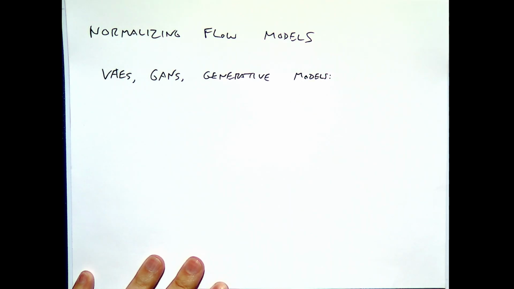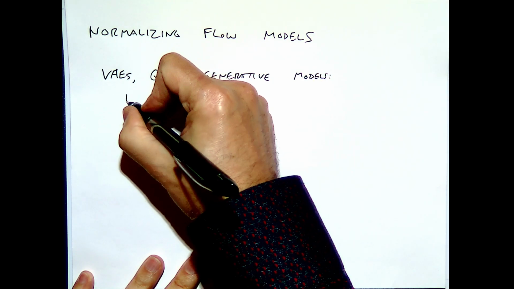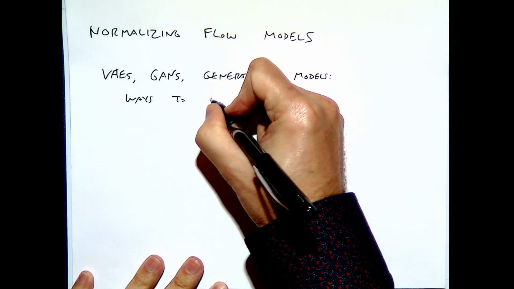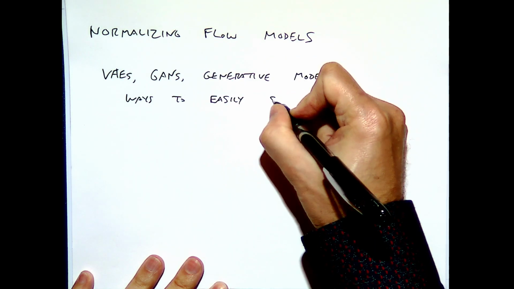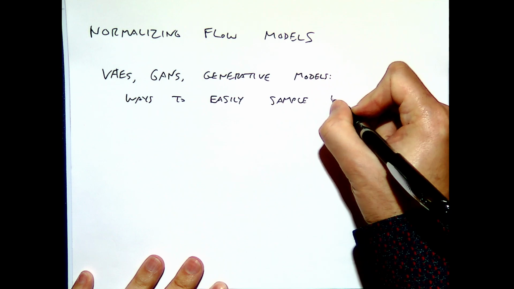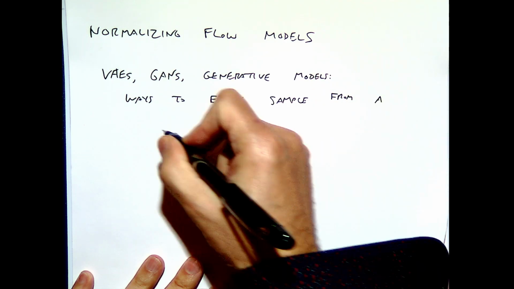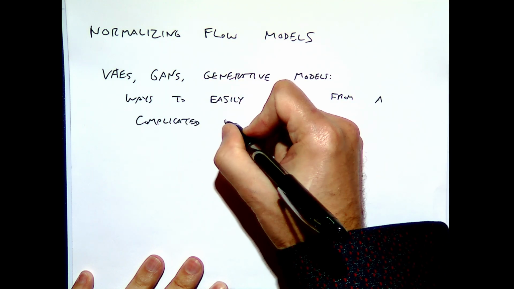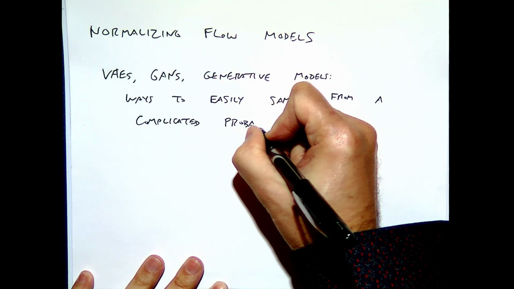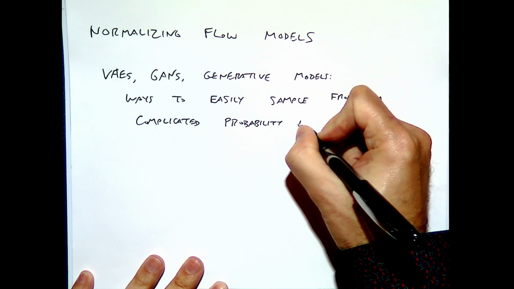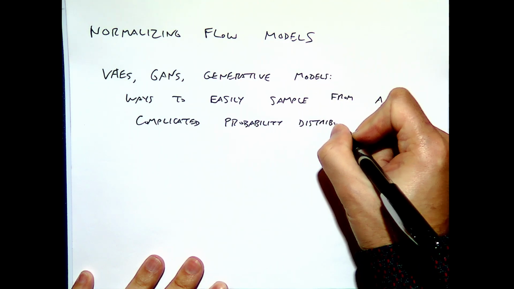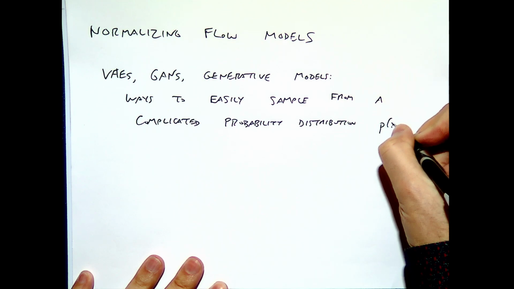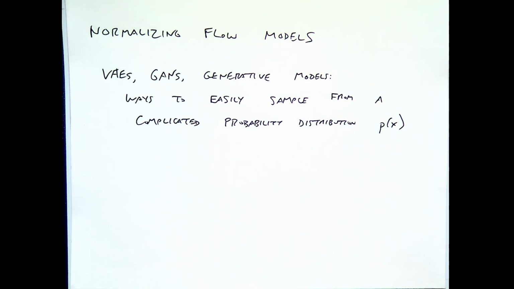All these things are about ways to easily sample from a very underlying, complicated probability distribution P of x, right? So for example, if I was going to ask you to describe the true probability distribution